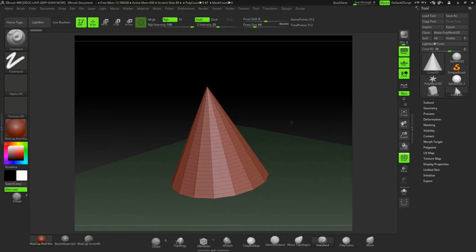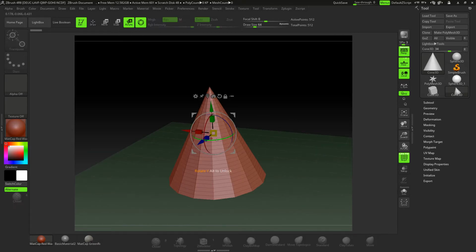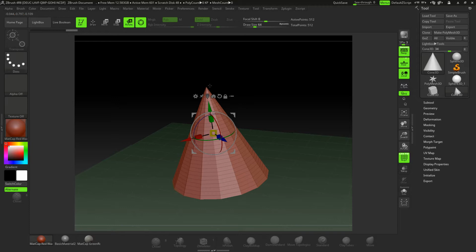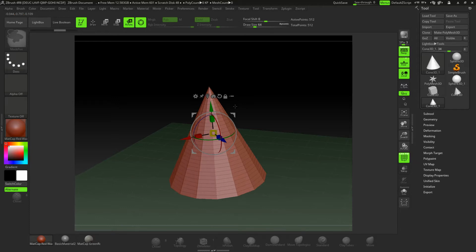Now look, I'm translating, I'm rotating around that object. The object's not moving. If I want to move the object, I can go into rotate here and move the object using the gizmo. Okay, now you might not have that. Control Z, by the way, goes back. You might have the